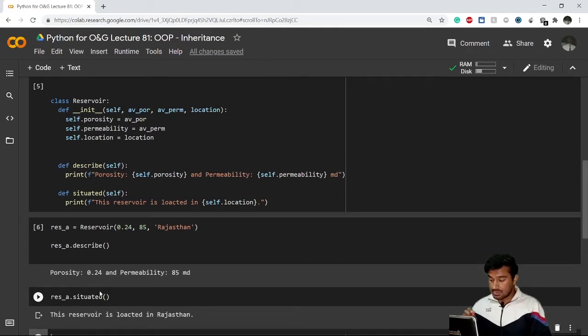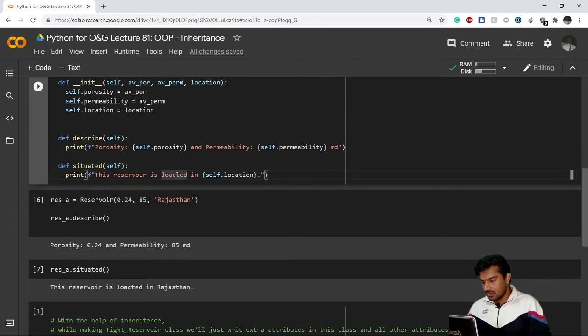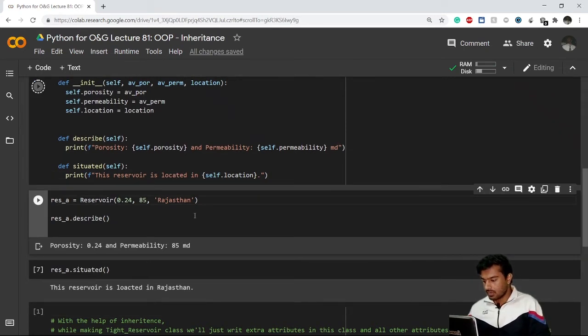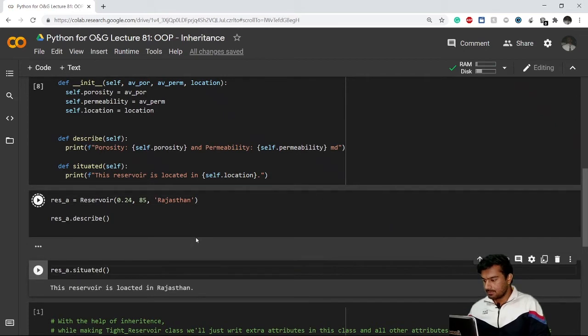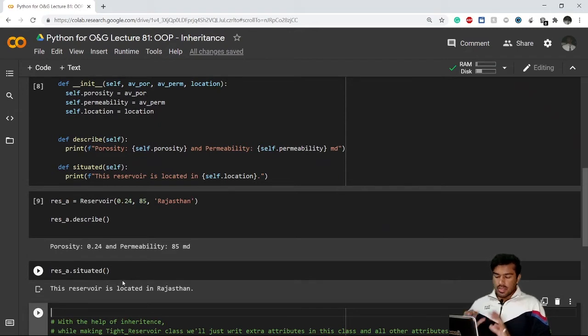So this reservoir is located in Rajasthan. Okay, the spelling of located is wrong. Great, this works fine. There is no confusion in this code.